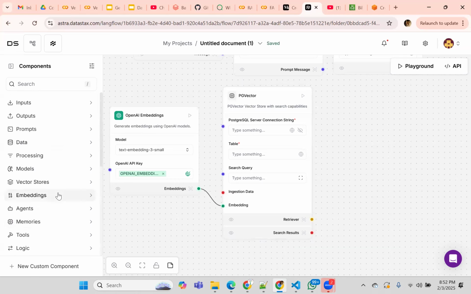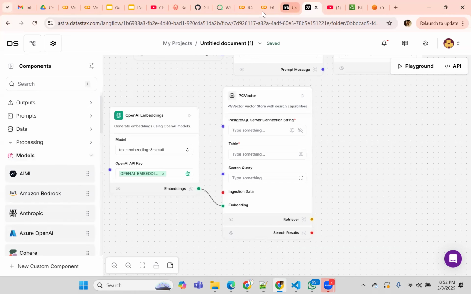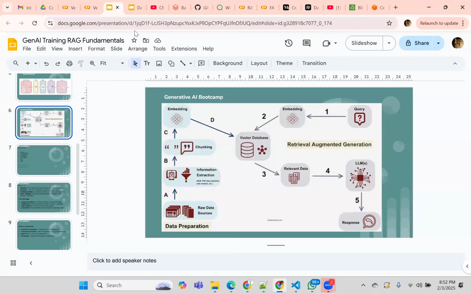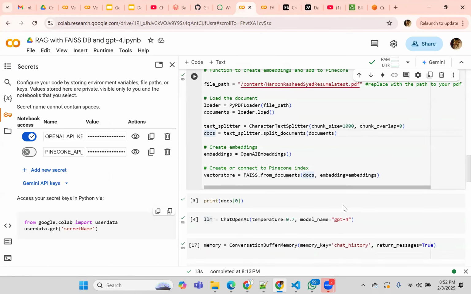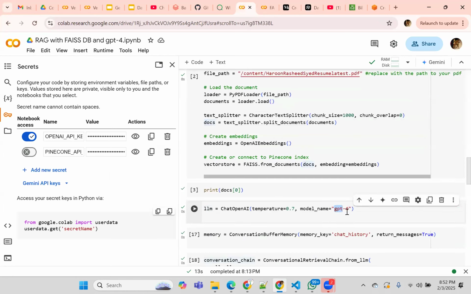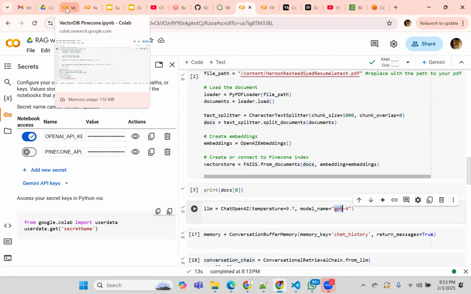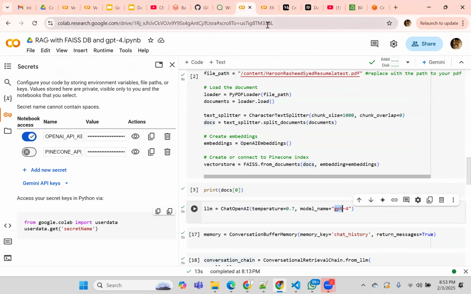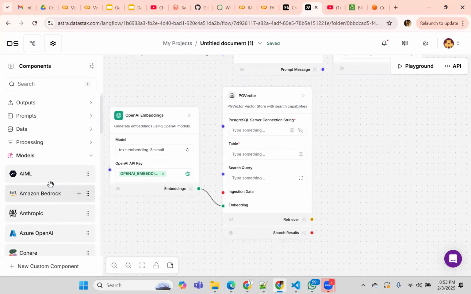So once you do that, for example, the vector stores, embeddings, then you have models. So basically, again, as I said, this part, right? This LLM model, what we are using here, GPT-4, to answer the question in a user readable format, in a proper format, using the retrieved data and the query. So again, those models here,